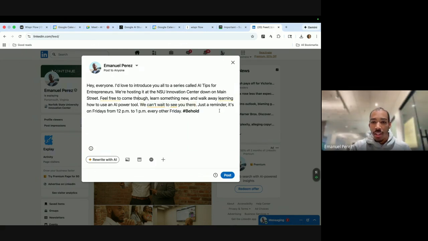Boom. So it's got my formatting down on point. It knew exactly what to capitalize. It knew exactly what the keywords were. It got the title of the innovation center. It capitalized that, so it's good with nouns, with pronouns. It missed out on power tool, but that's probably due to my own enunciation. That could probably be a little bit better. And it got the hashtag behold right. And I think you can say things too like all caps, and it'll correct that in all caps.